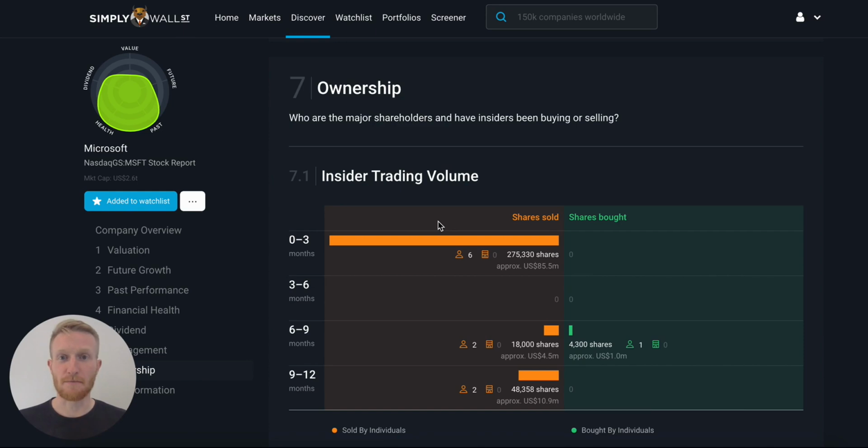But as you'll notice, for the management and ownership sections, we don't have 6 metrics that we check. That's because these sections, ownership and management, don't contribute to the snowflake for a company. The snowflake is made up of, as you know, the value, dividend, health, past, and future. And the reason these 2 sections aren't in the snowflake is because they're much more qualitative analysis,